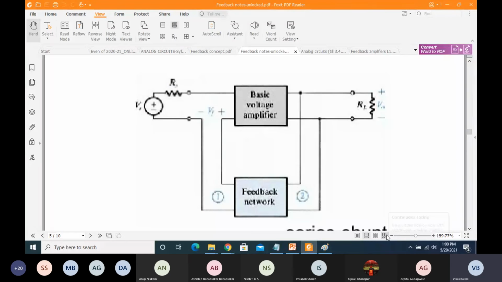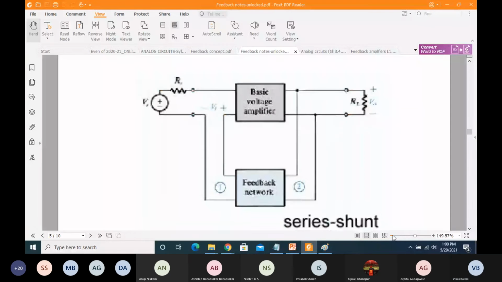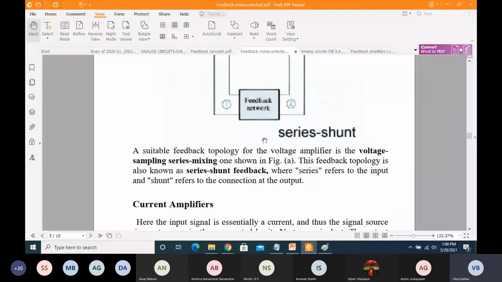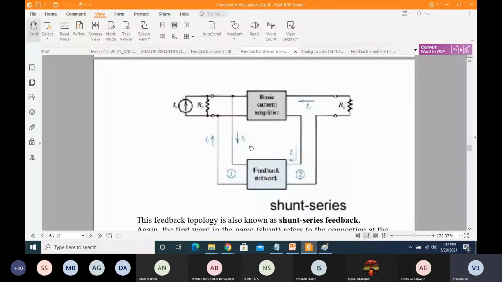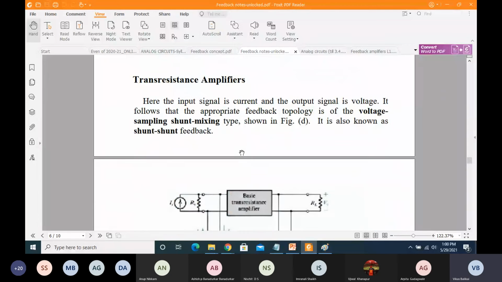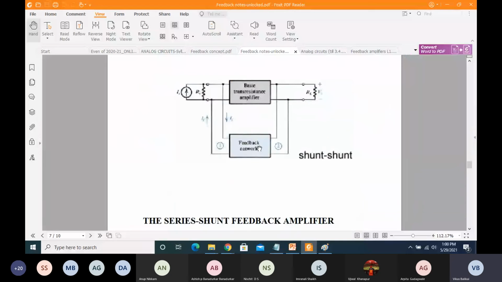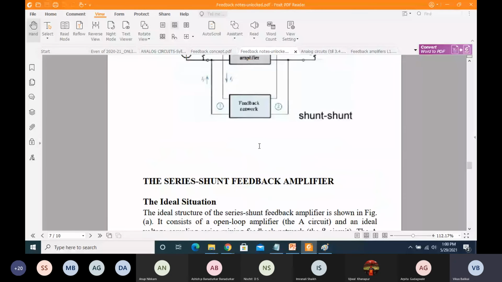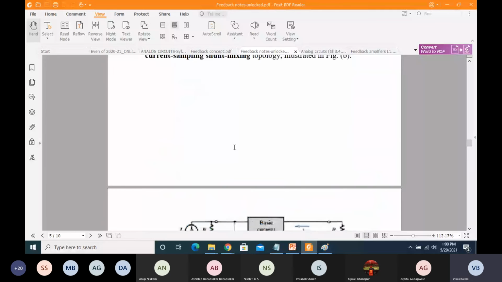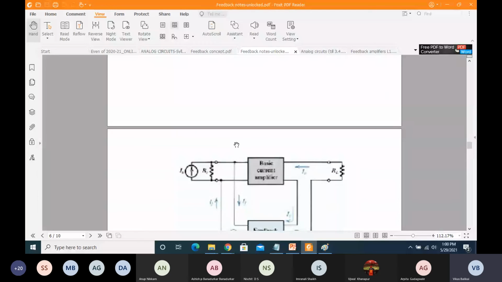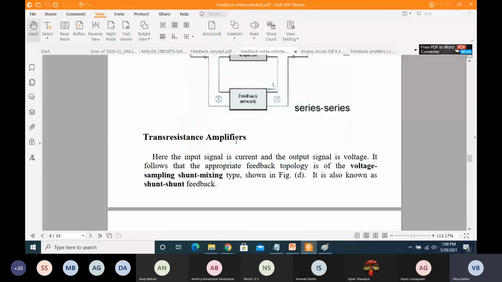So if I can just talk about the other thing, yeah, these are the brief descriptions of these things. Whatever I just showed you with respect to the trans-resistance, trans-conductance, trans-current amplifier, and the voltage amplifier. And this is how one can start remembering or start understanding the concept related to the feedback amplifiers.